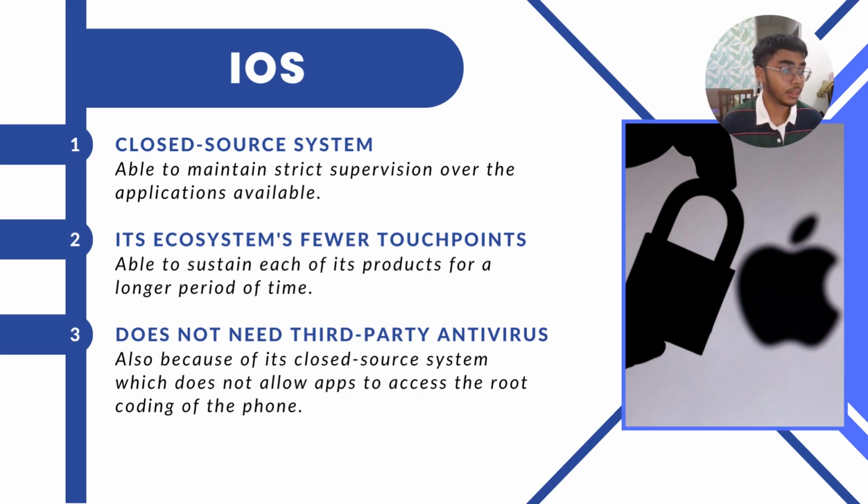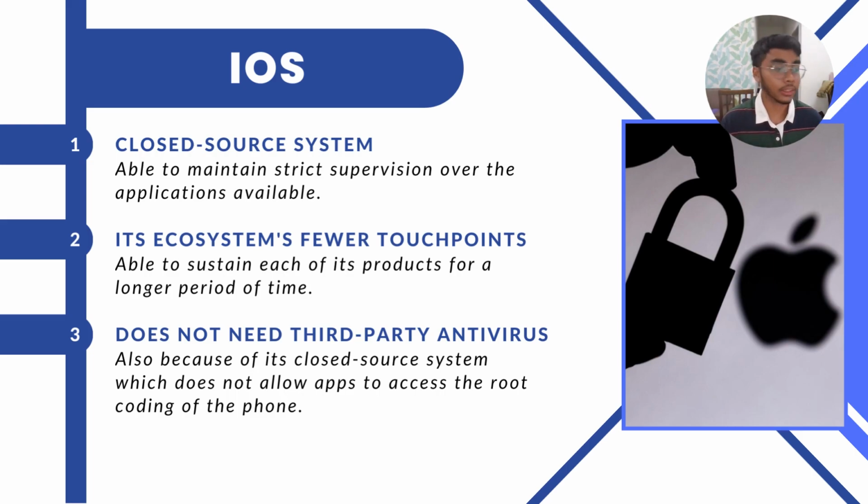Okay, moving on to the next point. Its ecosystem, fewer touch points. Apple approved hardware and software will be the only options available to iOS users, which will enhance security. Apple is able to sustain each of its products for a longer period of time than platforms with hardware and OS fragmentation because its ecosystem has fewer touch points. Because of Apple's smaller platform, even older phones may still be able to run the most recent OS and apps and benefit from all the latest security updates. As a result, customers now perceive iPhone security as being safer than the other